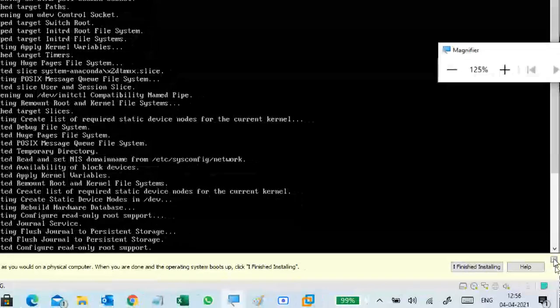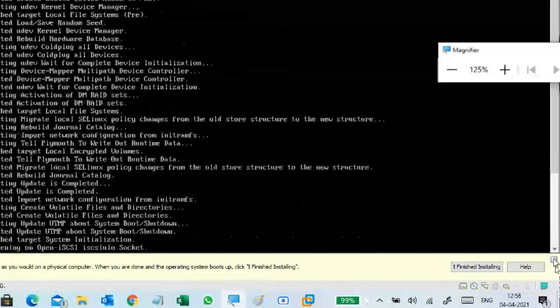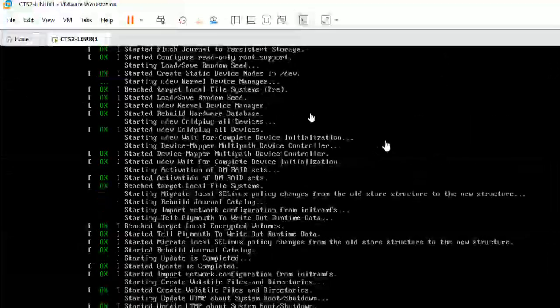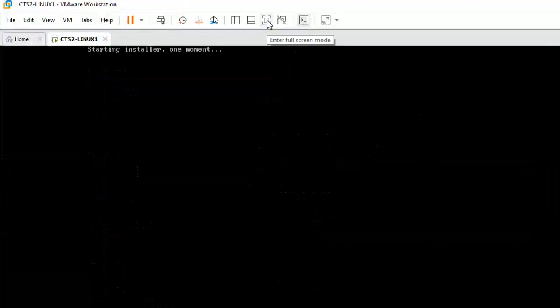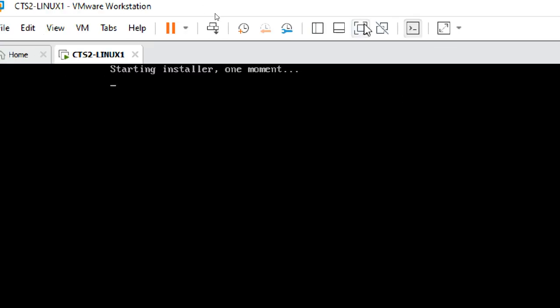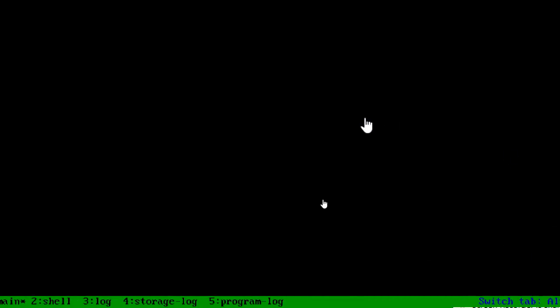I click on the cross mark, so then I get more screen space, or you can use full screen mode. If you go to full screen mode, it feels like you are actually using an original PC.